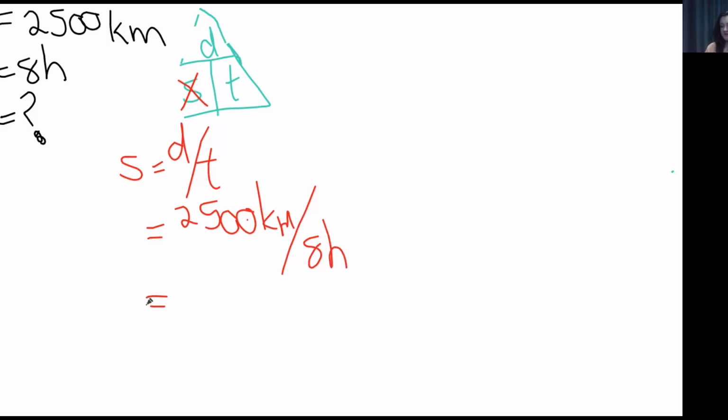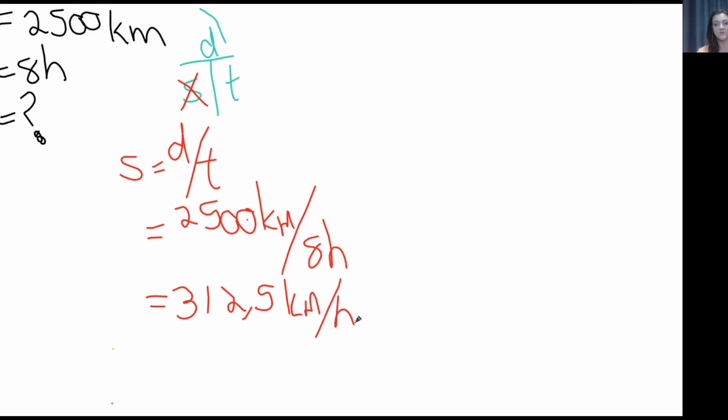When you calculate this, you will find that it is 312.5. And what's our unit? Kilometers per hour, because those are the units that we have been using. But this cannot be our final answer. Our final answer has to be in two significant figures. So that means we have to change the 312.5 to